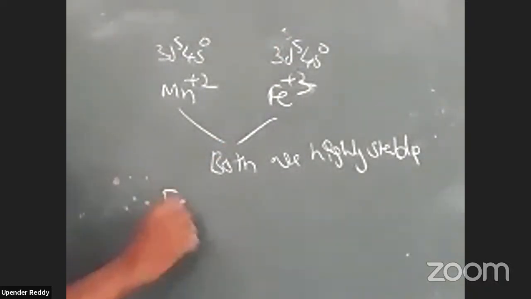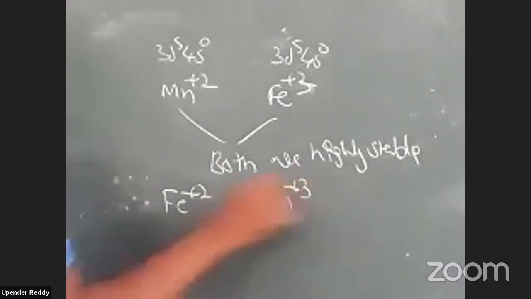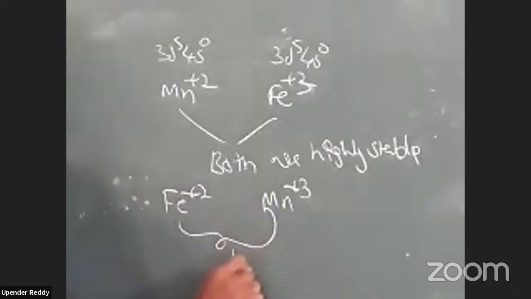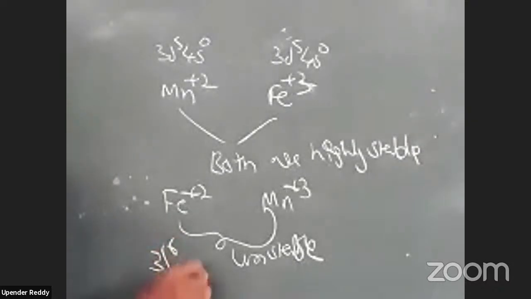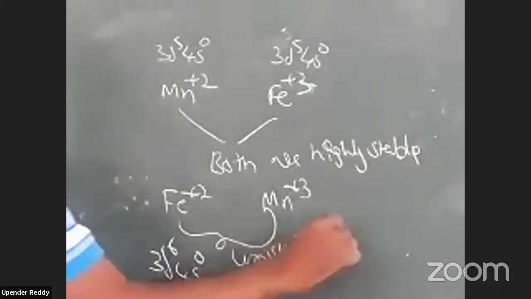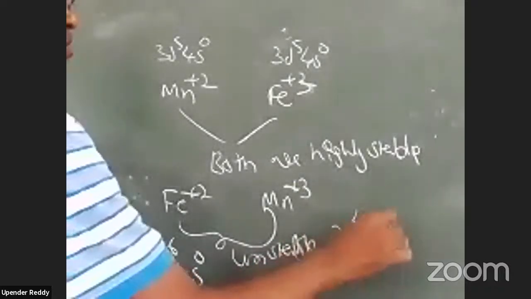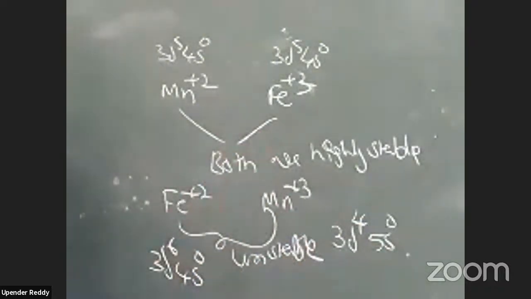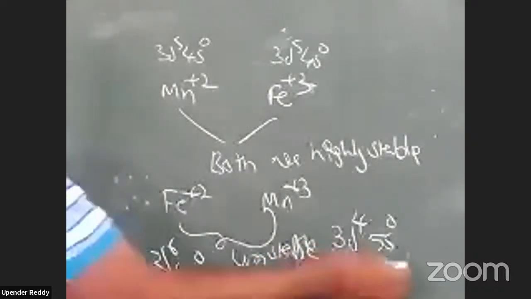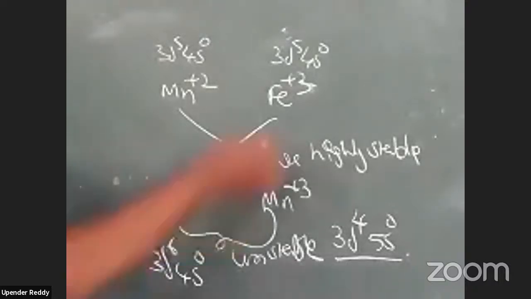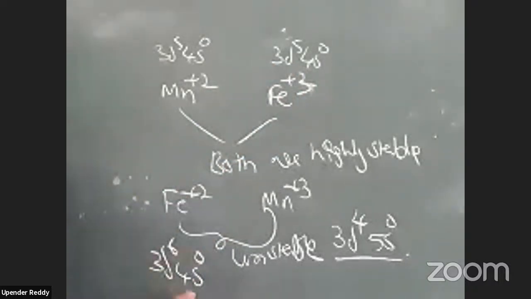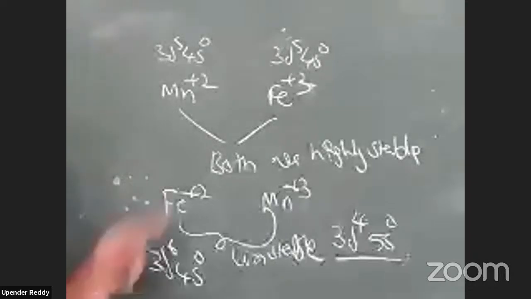But Fe plus 2 and Mn plus 3 are unstable. Why? Fe plus 2 has 3d6, 4s0, and Mn plus 3 has 3d4, 4s0. See here, most important, 3d4, 4s0. After losing 3 electrons, we get an unstable configuration, hence it is unstable. After gaining 1 electron, we get 3d6, which is somewhat stable, but not the stabilized 3d5. Hence,